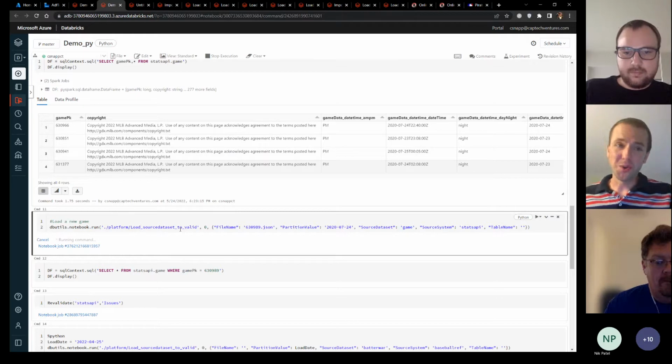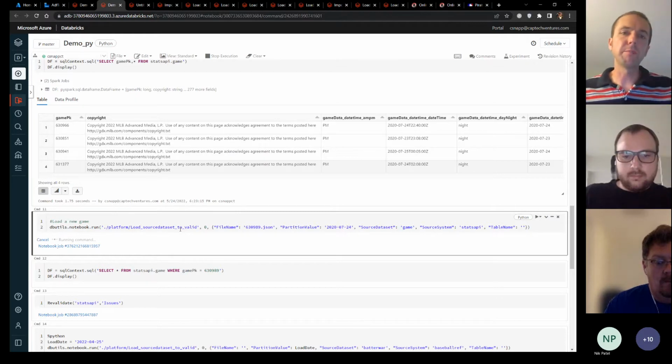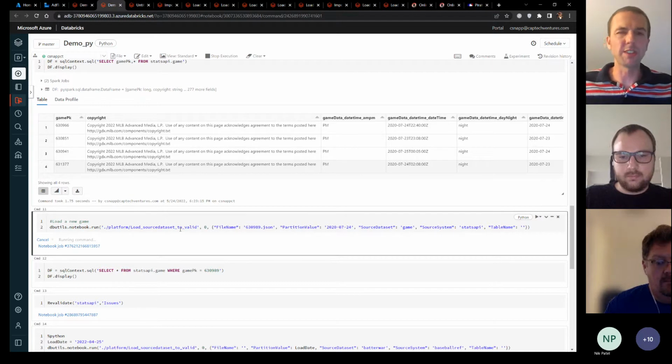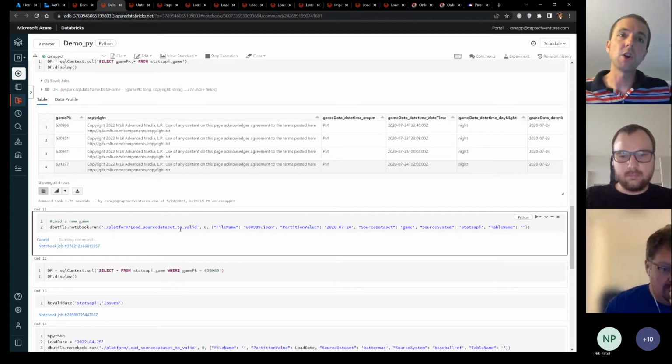Really good question, really hard question. So all of this is spun up in my CapTech account, and I have a certain amount of budget. So this cluster is super small and super cheap. When we talked about my 12-minute runtime, it's probably because this cluster is about the size, the capabilities, of a 2019 laptop or something. I haven't spent much time developing fully productionized code in Synapse to get a sense of what the cost would be. I think some of these capabilities and workloads could be moved out of Databricks and into Delta Lake from Data Factory, and you could probably have some cost savings there by manipulating the Parquet files without a compute engine.